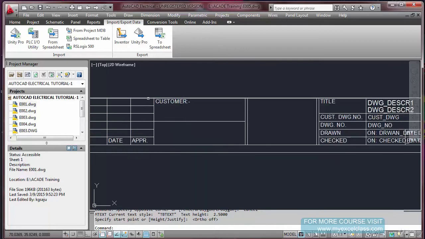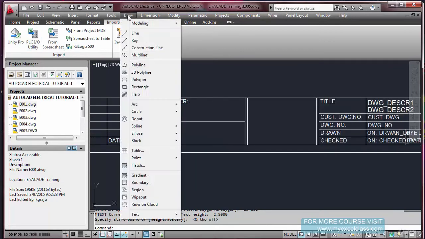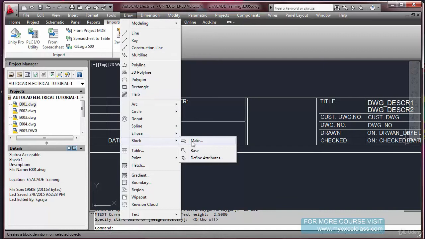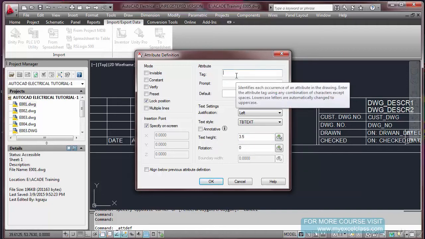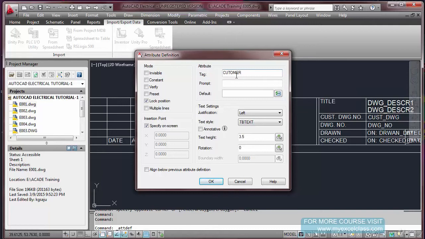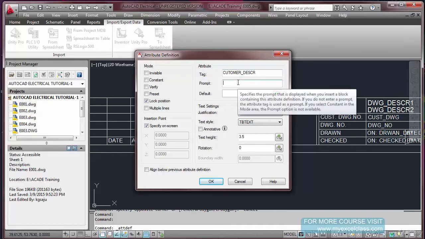Now going back to customer. Draw, Block, Define Attributes. Let us put a big font here. Tag: customer description, or customer name, whatever.